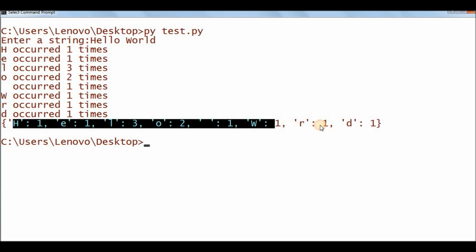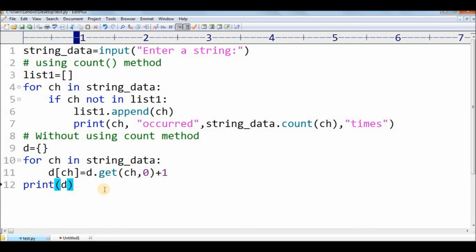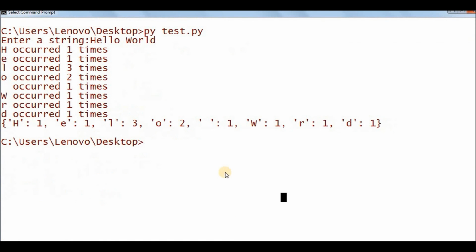It is just that this is not in the required format. I just need to do a little bit of formatting and then we'll be ready with our output string. Let me tell you the purpose of the items method before I move ahead. If I write d.items,